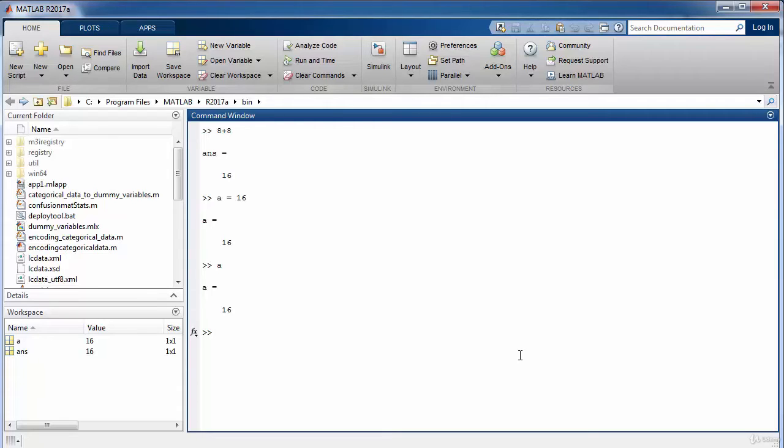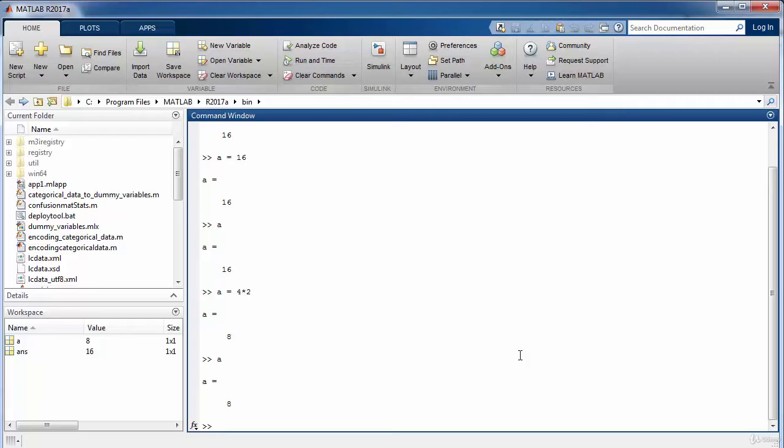Instead of initializing a variable to a certain value, we can also define variables which contain the result of some mathematical operation. In this case, the result will be computed first, that is 4 will be multiplied by 2, and the result will be stored back into the variable a, right? So now if we write a again, we get a value of 8. In the previous case, it had a value of 16. So you may notice that whenever we assign a different value to a, its previous value is overwritten and a new value is assigned to the same variable.